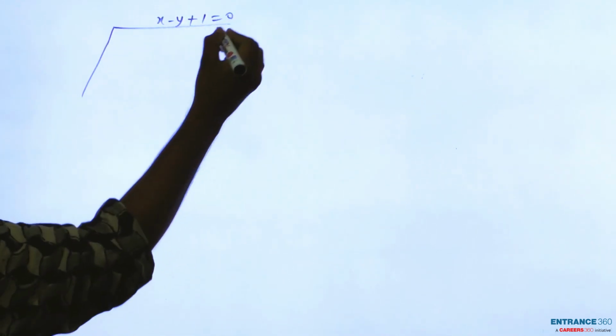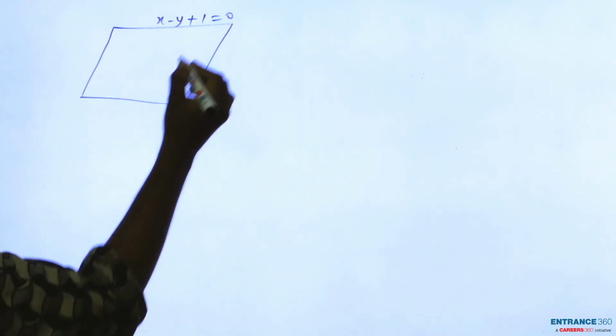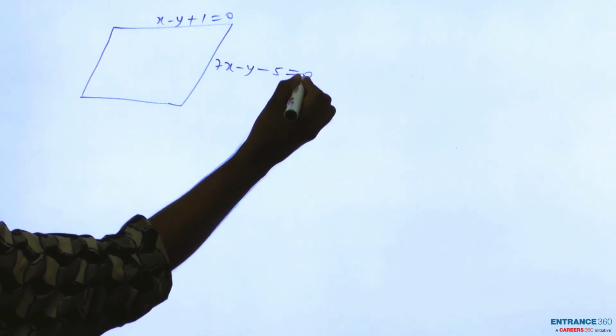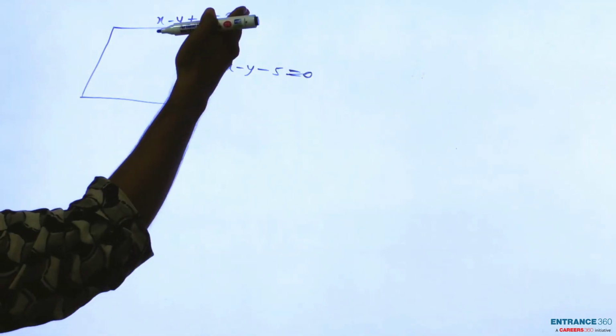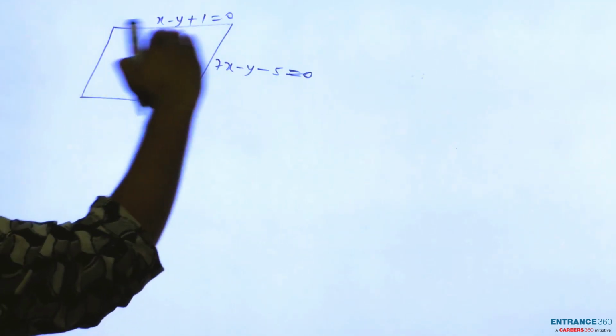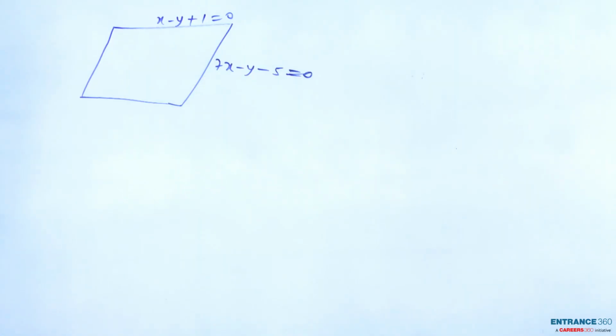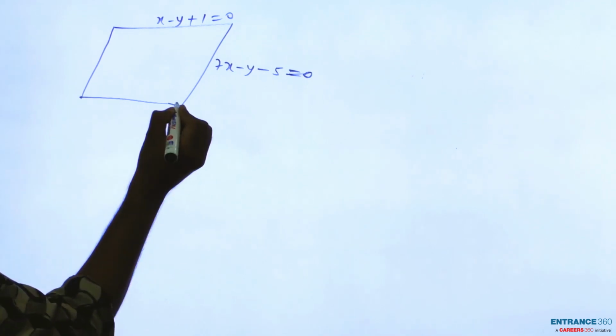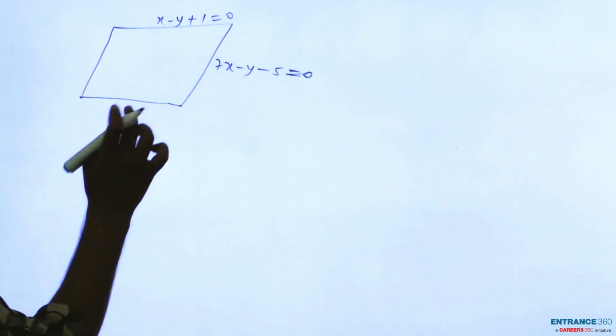One side of the rhombus has the equation x minus y plus 1 equal to 0, and this is another equation, 7x minus y minus 5 equal to 0. This is the equation of this straight line, and this is the equation of this straight line. If you are thinking why I would not take the equation of this other straight line,